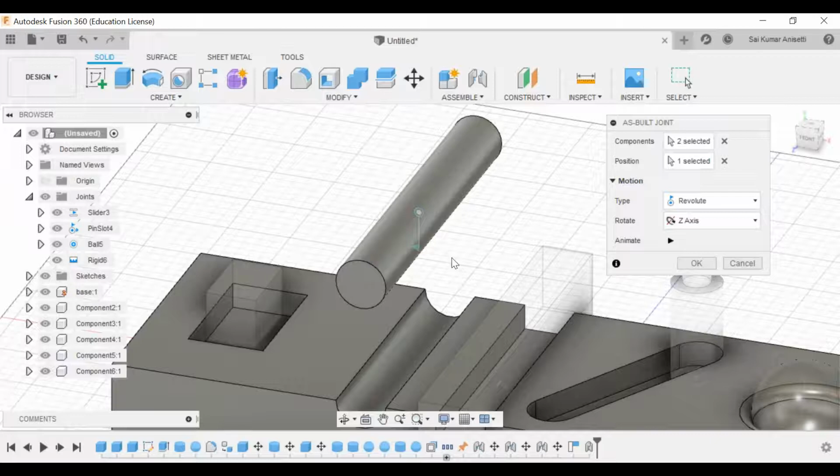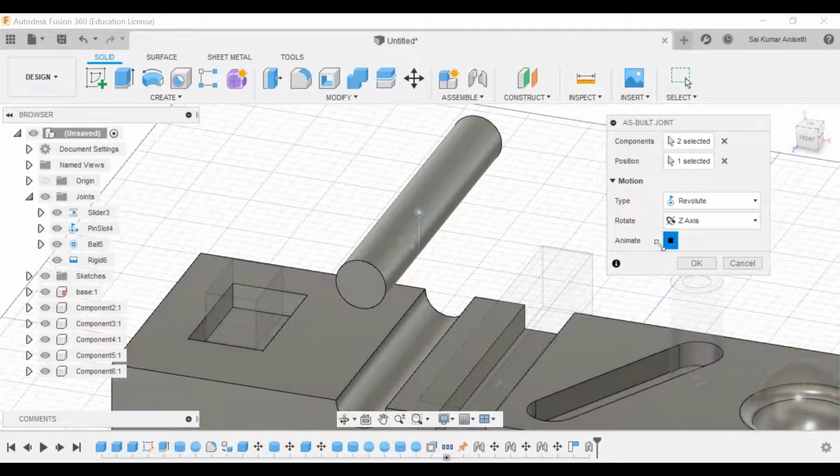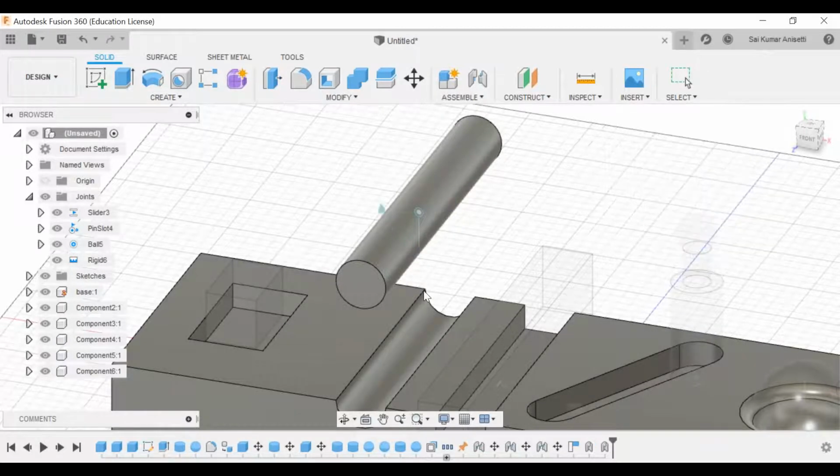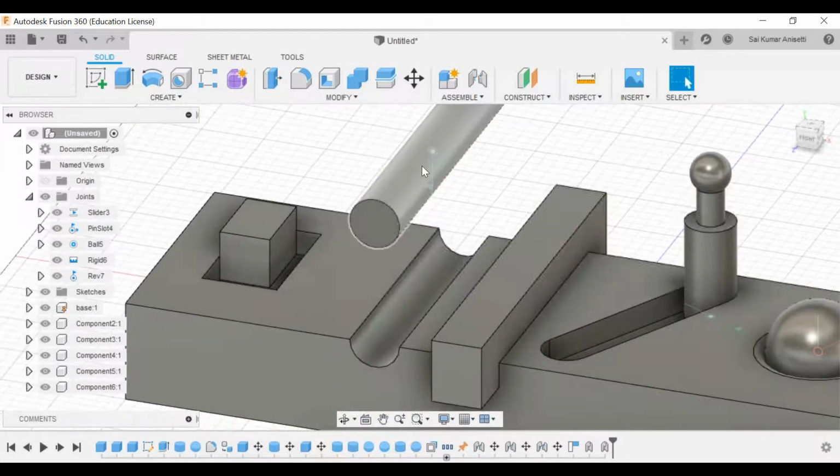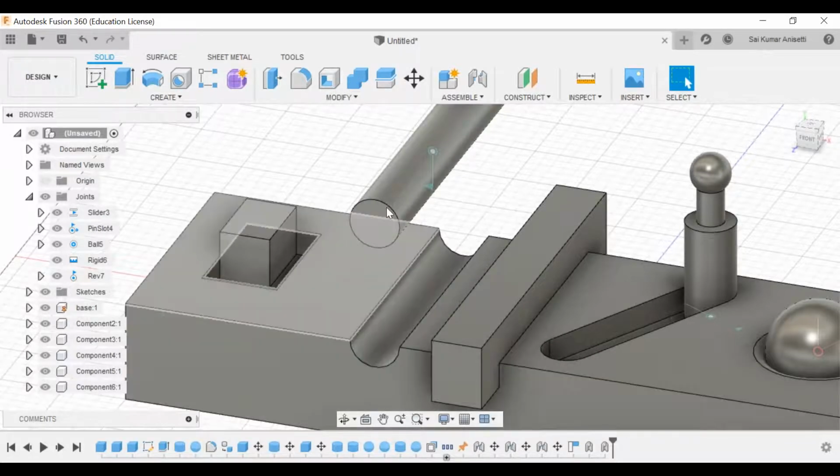Now, if you animate, that distance remains the same. Click OK. Now it is where it is. This is not with respect to these particular faces. This joint is with respect to this given part.